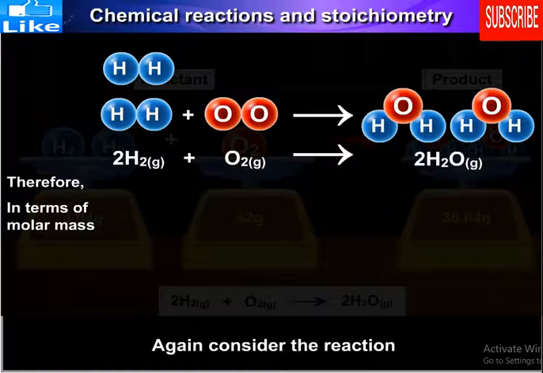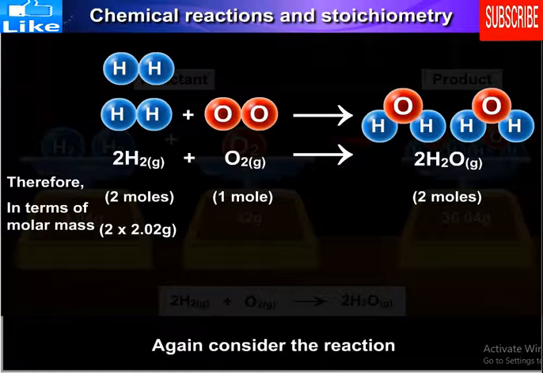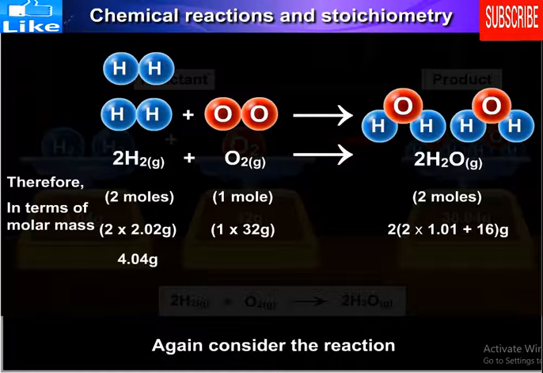Therefore, in terms of molar mass, 2 moles of H2 plus 1 mole of O2 gives 2 moles of water vapor. 2 multiplied by 2.02 grams plus 1 multiplied by 32 grams gives 2 into the whole bracket 2 multiplied by 1.01 plus 16 grams. 4.04 grams plus 32 grams gives 2 into the whole bracket 2.02 plus 16 grams,